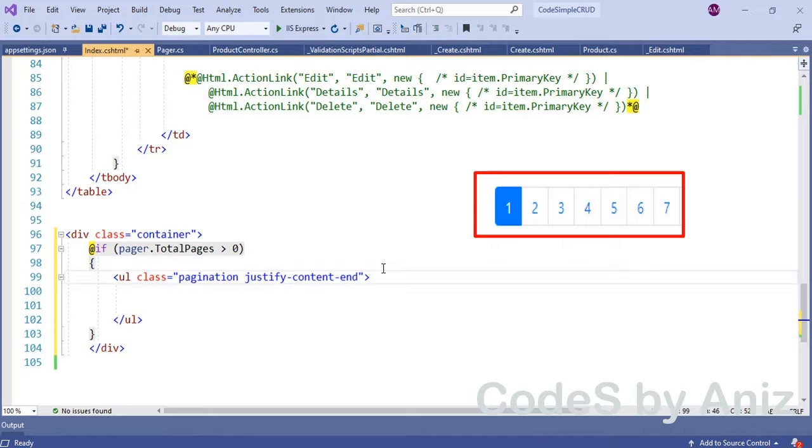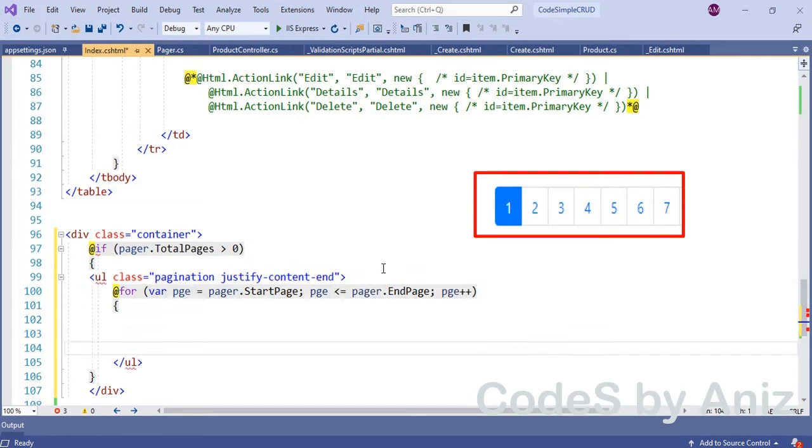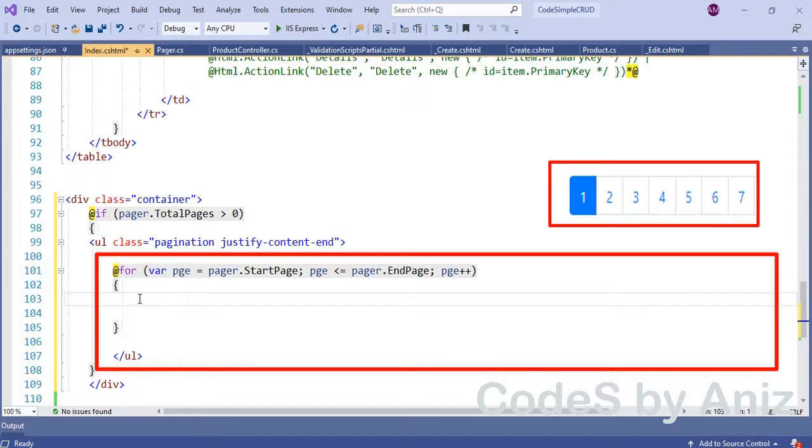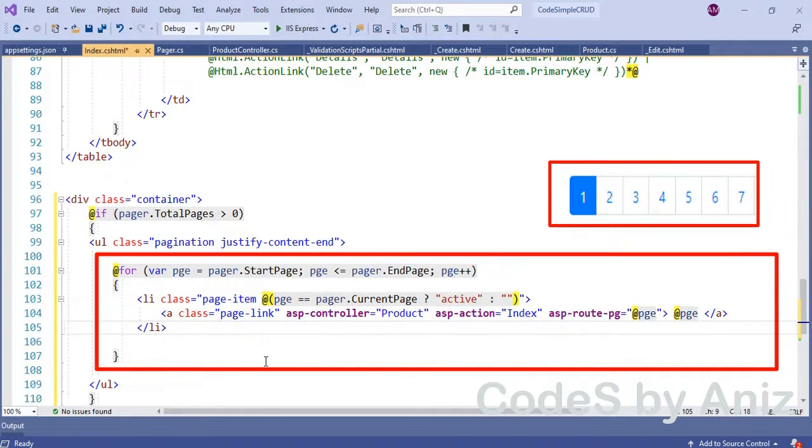At first, we are going to create the page numbers like shown in the image. To do that, first add a for loop iteration where page equals to pager.StartPage and page less than or equals to pager.EndPage, then page++. Add the li tag inside the for loop to create page numbers.